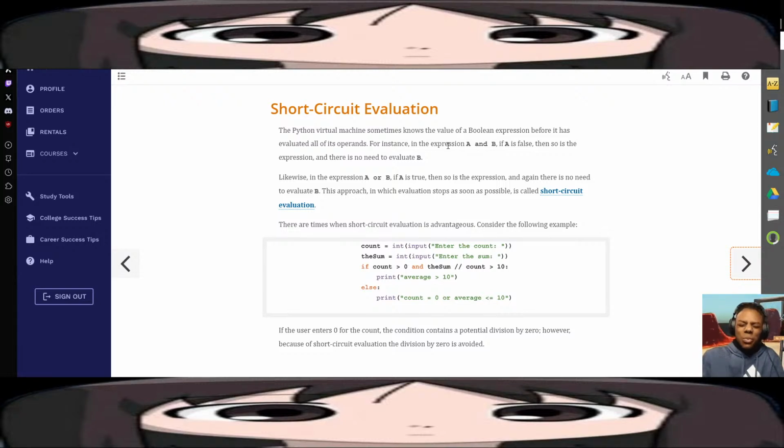There are times when short circuit evaluations are advantageous. Consider the following example. What just happened here? Yo, one of my glasses just moved on its own. That's not scary. Alright, well,